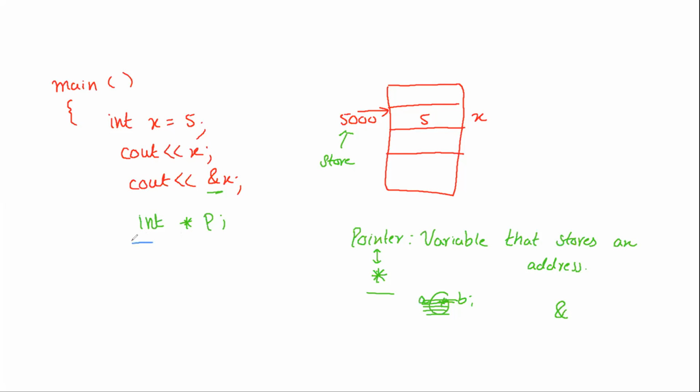Now, let's focus on this part only. Forget everything else. If you compare this with int a, I told you a is a variable and int is the data type. Now this p is your variable, and this whole thing, int and star, is your data type. So if you compare both of these, they are very much similar. a was a variable, this was the data type. p is a variable, this is the data type.